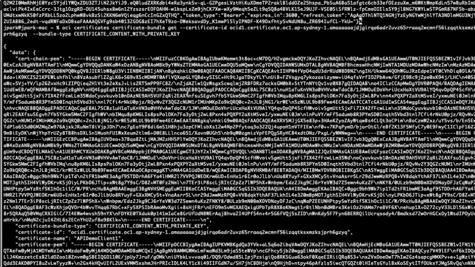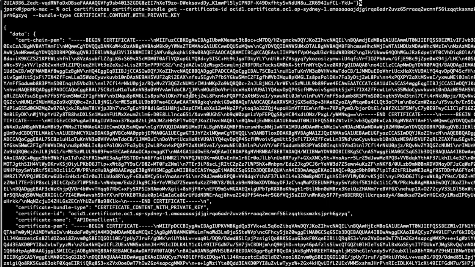There we go. So this is the actual command I executed, the OCI CLI command, to get all the information of this certificate with private key. I think this is the server certificate I did. So what needs to be provided is just the OCID of the certificate with the bundle type option, certificate content